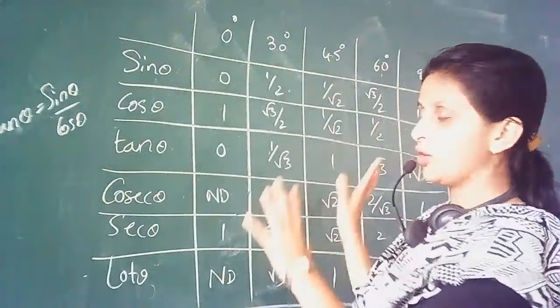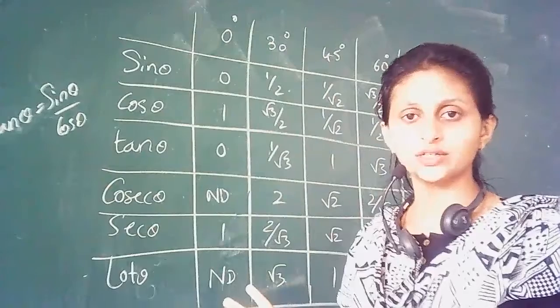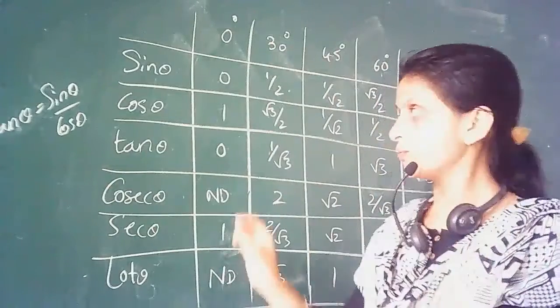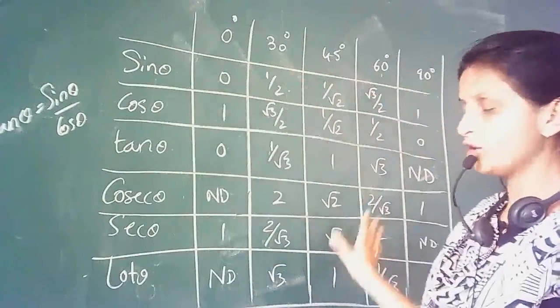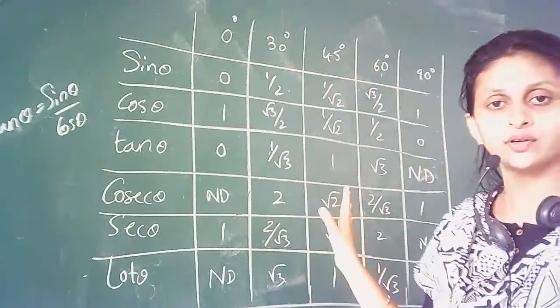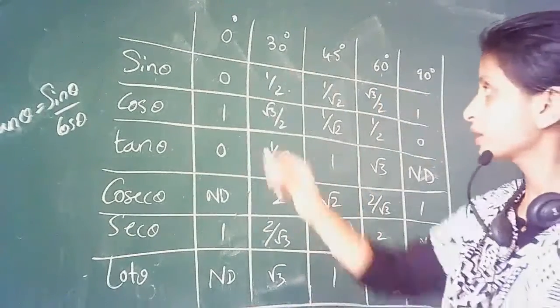To remember this whole table, it is very easy, students. If you know only one row, if you know only this single row, you can write the whole table yourself. I'll explain to you how. See, the angle